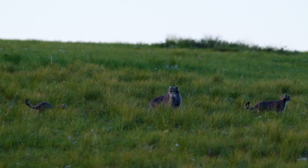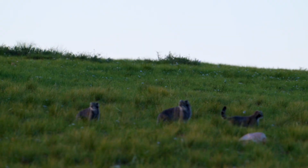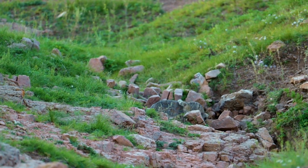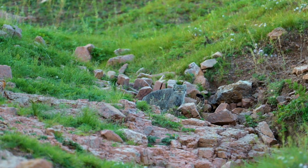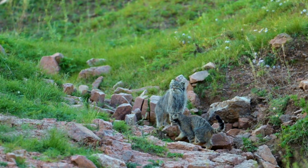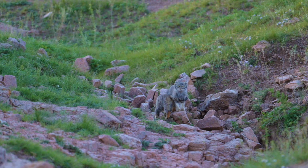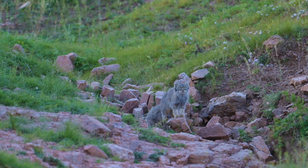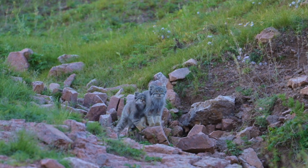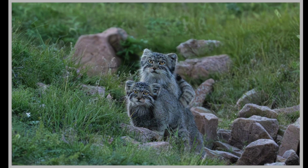In Mongolia, we had the rare privilege of watching a mother and her two cubs. Playful, curious, yet always cautious. These cubs will stay with their mother through their first season, learning to stalk and survive. Out here, every lesson is life or death. Seeing them in a den, knowing how few people ever get this close, it was like witnessing a secret written